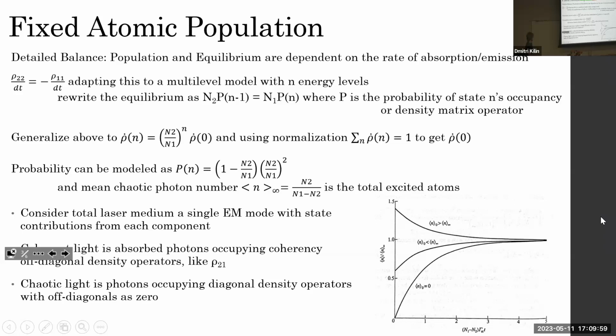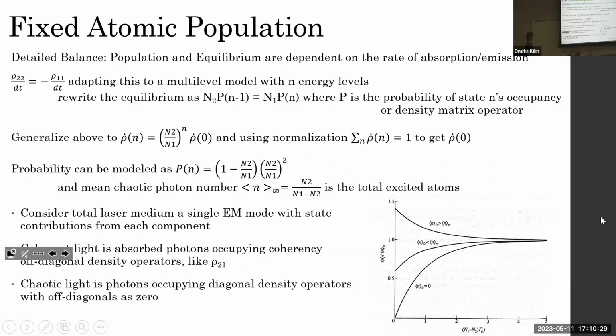And so we generalize it to get this equation of motion, which is all based on the equation of motion for the ground state. And we can normalize, we're using the normalization factor, we can get the value for that. And so the probability of state n being occupied is given by this function. And then more importantly, we get the mean chaotic photon number, which is just a ratio of the total excited state occupancy over this